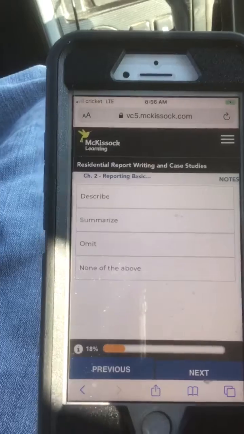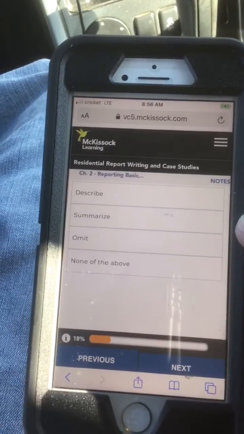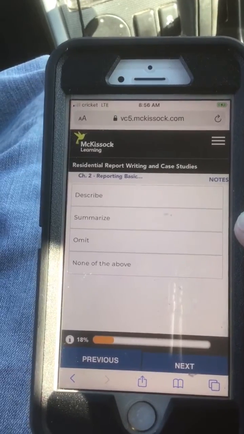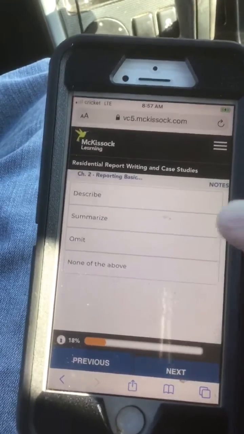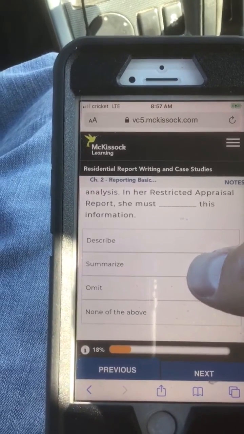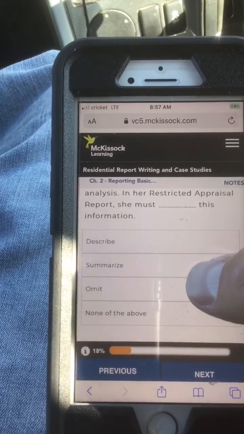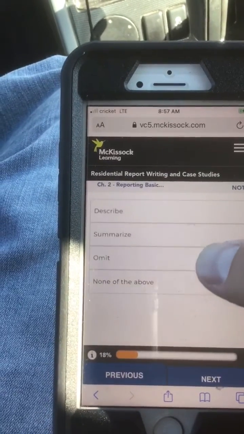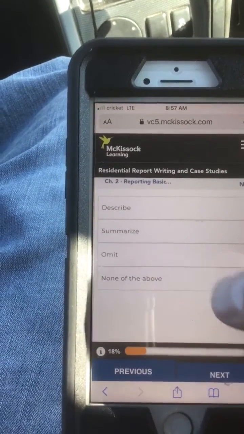A, describe. B, summarize. C, omit. Or D, none of the above. I think the answer was state. And I don't see it in here, so I'm going to put none of the above.